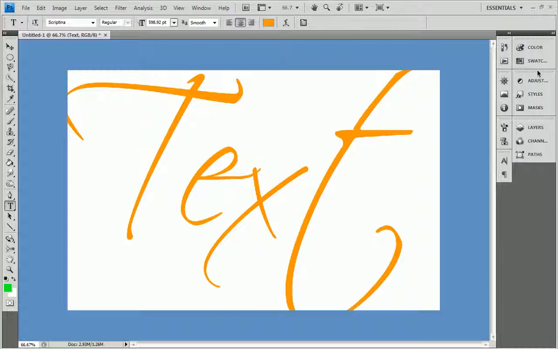So, today is the text tutorial. Text is pretty important. Text is another word for words or letters. And I'm gonna show you how to make it look just a little bit better. Now, this doesn't look that bad either, but this is just typed out right away, nothing done to it. But there is so much that you can do to it, and I'm gonna show you how. So let's get started,